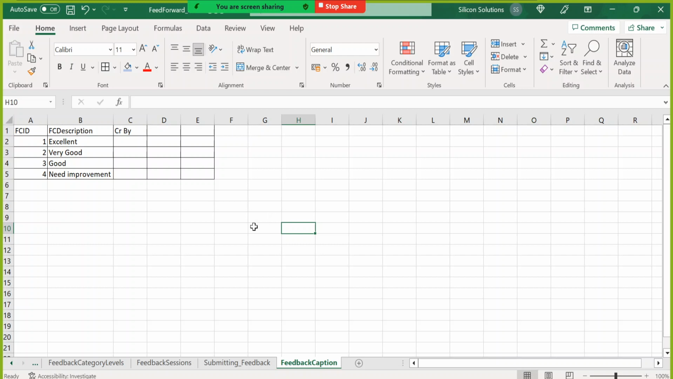He is very good in so and so area, but in this area if he can improve, then it will be great, something like that. So giving feedback and not giving any comment,